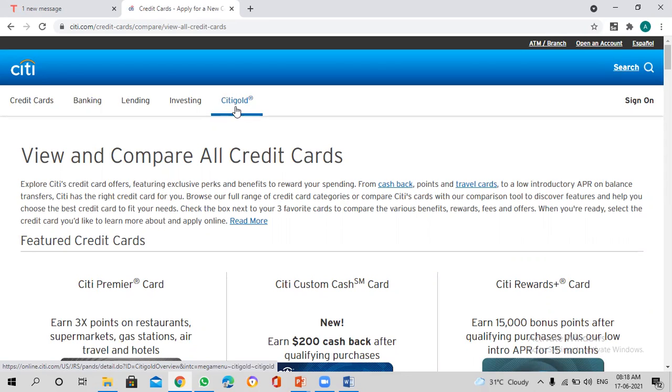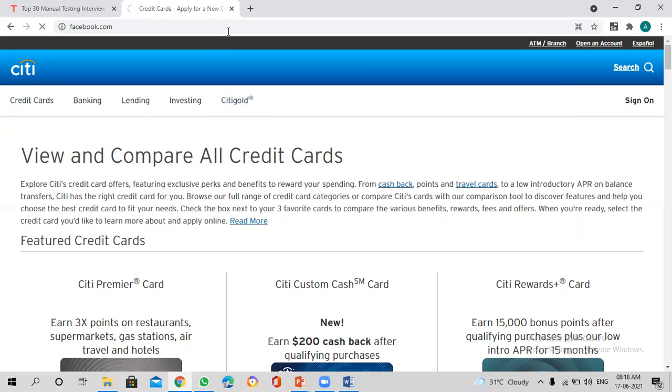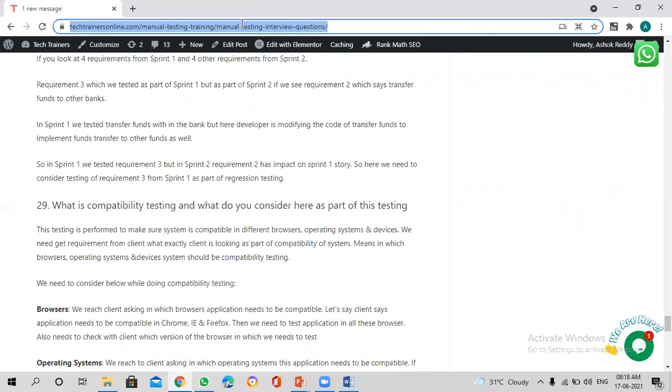Smoke testing means you are making sure that the minimum required functionality is working fine in order to do further testing. If I can give one more example, let's say Facebook. In order to do all these transactions, like liking or unliking, first you need to create an account, correct? And you need to make sure that the Facebook login is working fine or not.